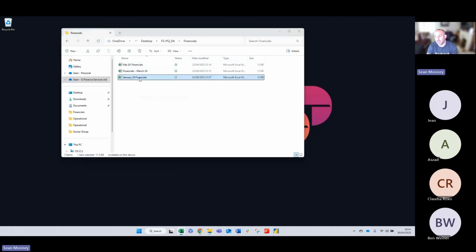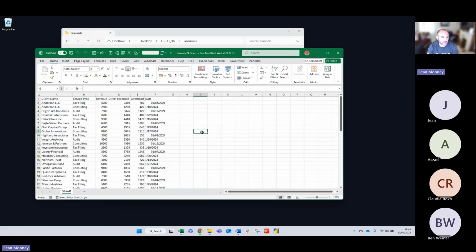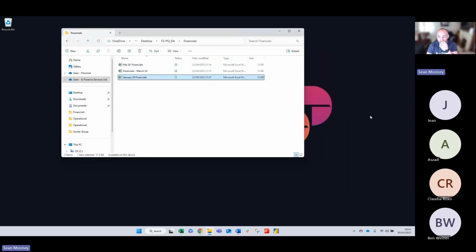Now, if we open up a file and just see what it looks like, once it thinks about it, we've got a client name, our service type, revenue, direct expenses, overheads, and date. So straight away, a couple of issues with the data. The date obviously is looking very funny over here, a few dates that it doesn't like. I don't like that we have revenue, expenses, and overheads in columns there. There's a number of issues that as we go through the process, we'll pick up and fix in our Power Query, and then we'll use the clean data for our reporting. So let's go blank book